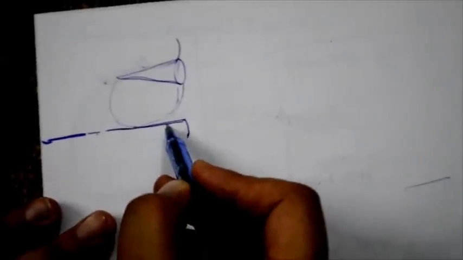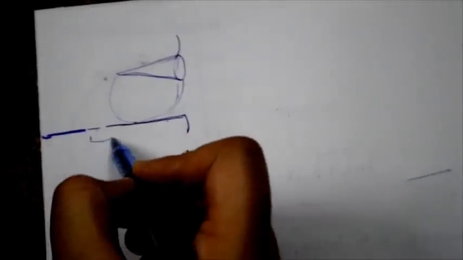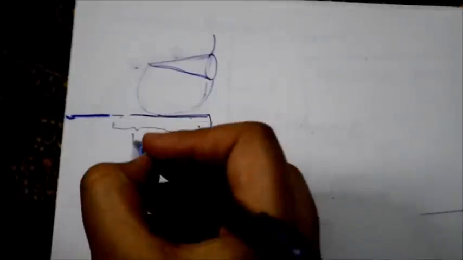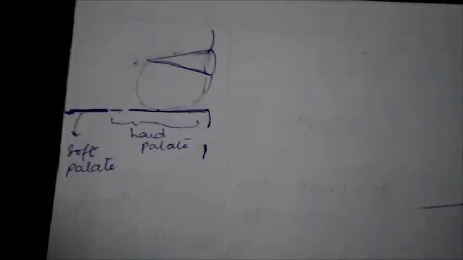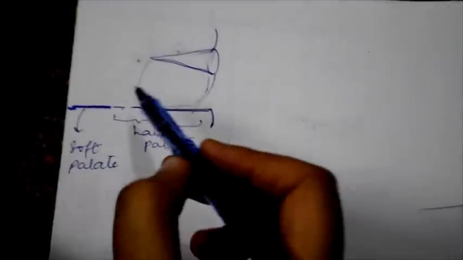For the sake of understanding, this one over here is the hard palate. Till here it is the hard palate, and this is the soft palate. The soft palate is actually made up of muscles, and the hard palate is made up of bone. So the anterior 2/3 of the palate,